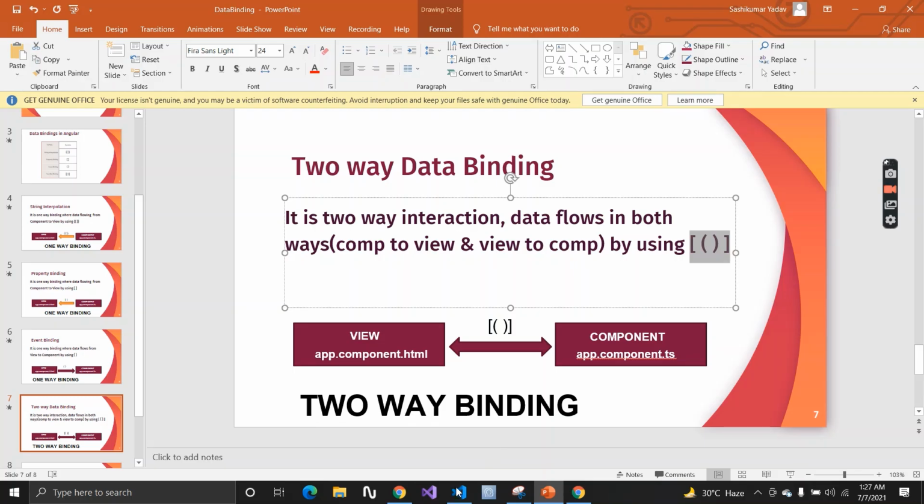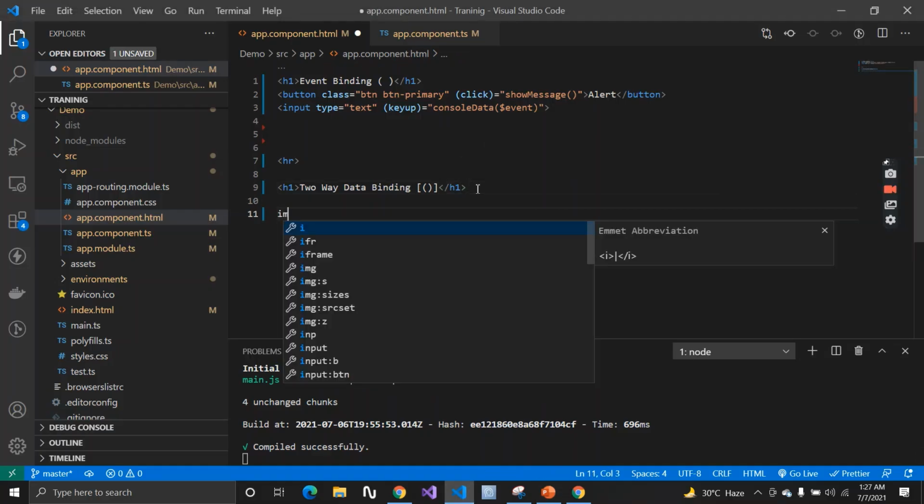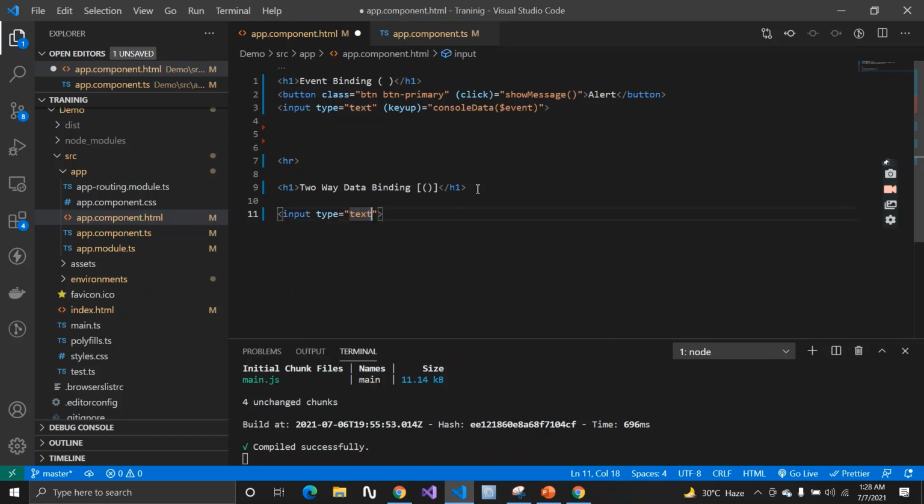Let me take an example here. Let me go to my Visual Studio Code, and try to have an input of type text. Suppose I have a requirement: I have a username. I have a label, and the label name is username.